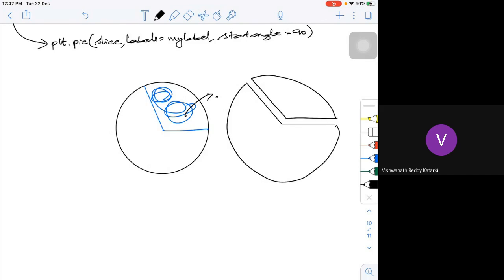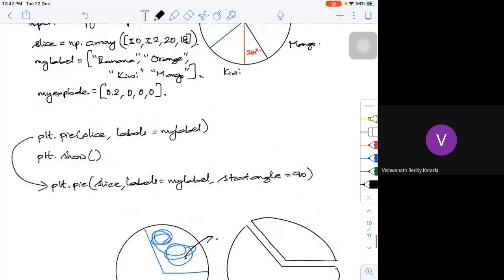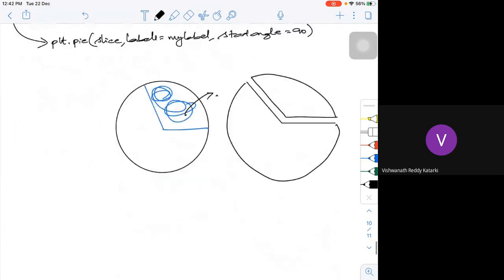Say if I want to explode the second one, I want to explode orange. So what I'm going to do is make this 0 and make this 0.2 or 0.1, whatever it may be. Then this portion gets exploded. If I want to do it for the third one, that gets exploded.